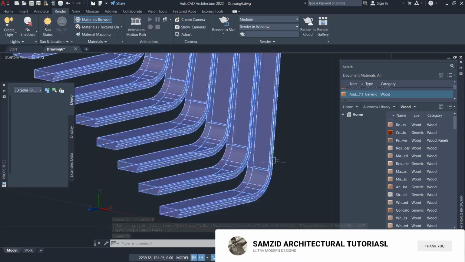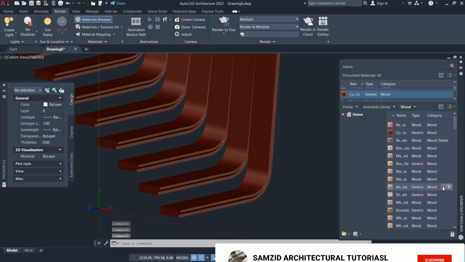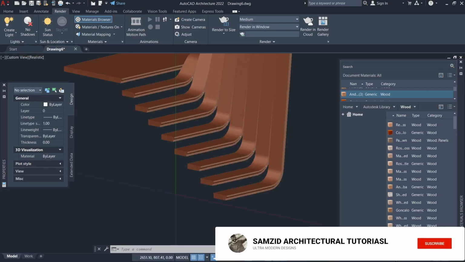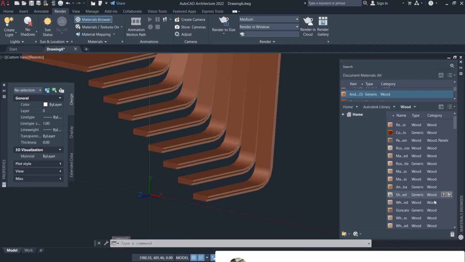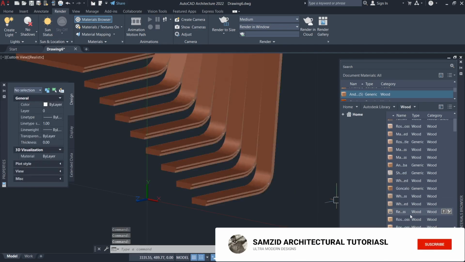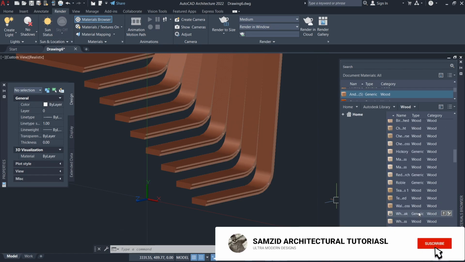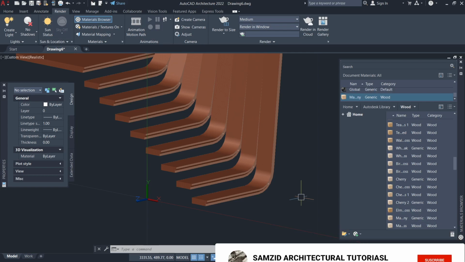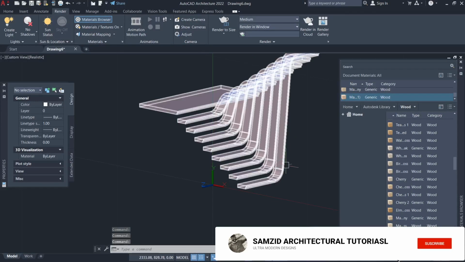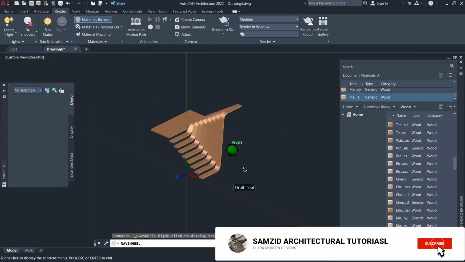So let me select it again. I think this wood is too weird. So we apply them to get exactly what you want. There are different types of wood here you can apply. Select, apply it. This is one here I want to use. It's very nice. So let me scroll down some more. So select this one. So as you can see, a very nice staircase, modernized one, which we have